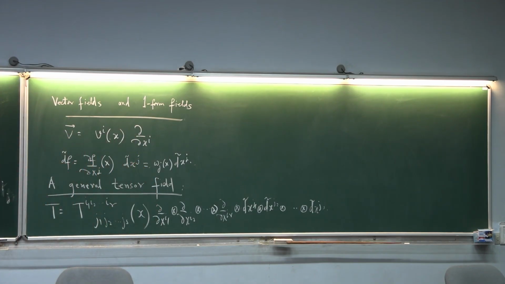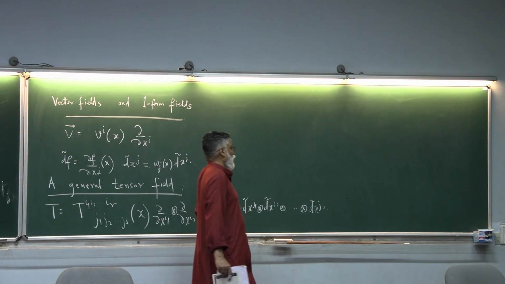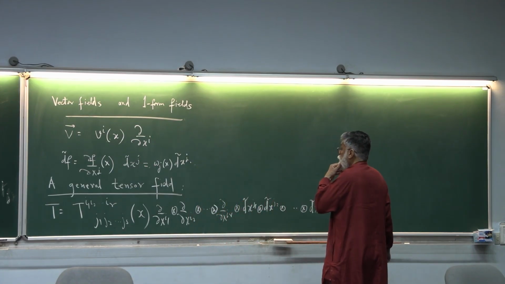Okay, that was one of the greatest achievements in differential geometry, to say what vectors, one forms, or tensors are. These are abstract objects. Vectors are like operators, one forms are like operators acting on vectors, and so on. All right. Now,